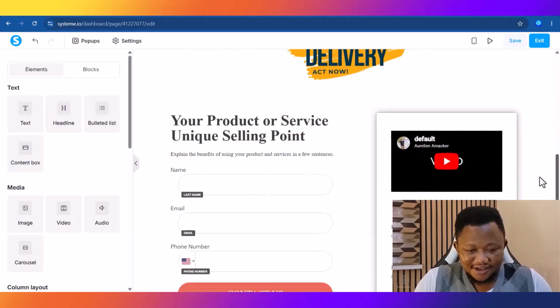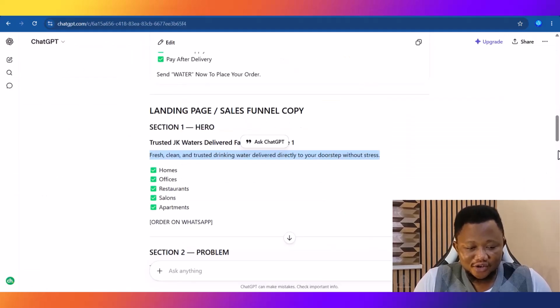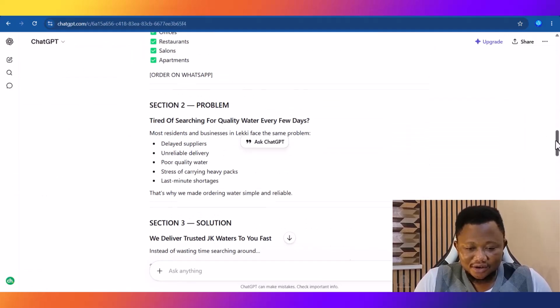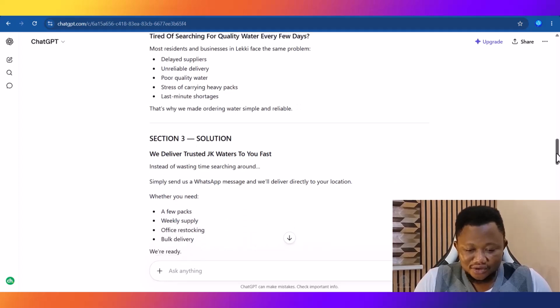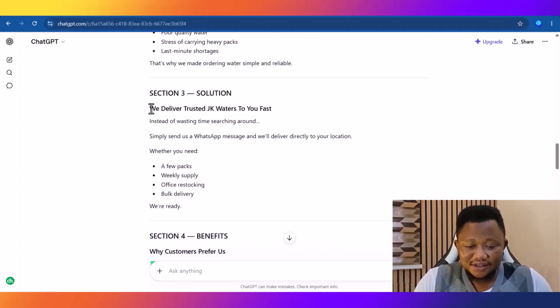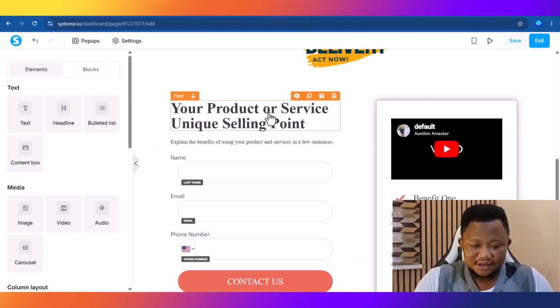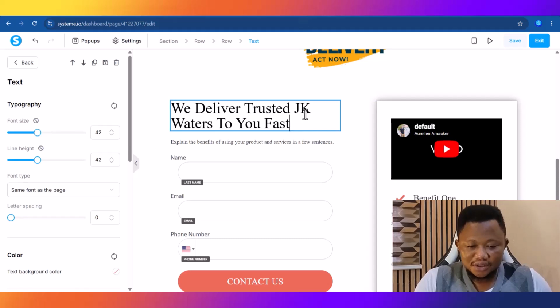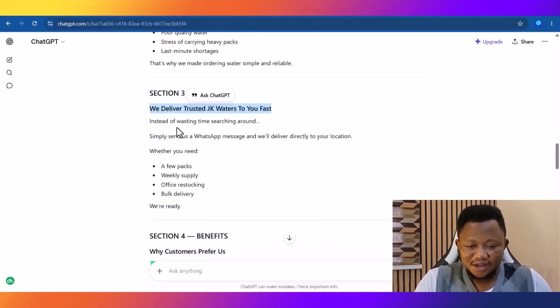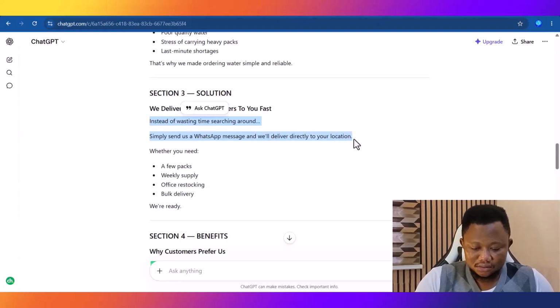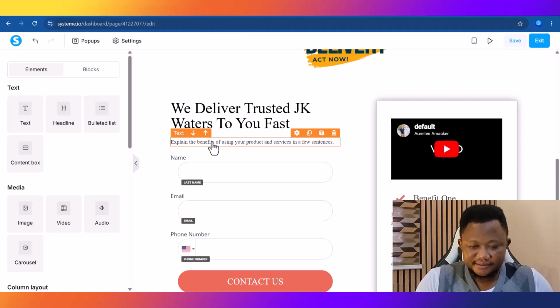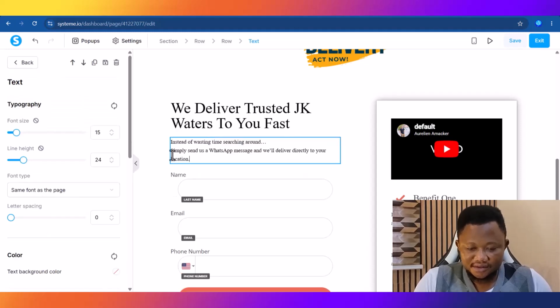this way. Now this is where we go to the second one, which says tired of or we deliver quality water. Any one at all that you feel you want to use, it's not a must that you copy everything that ChatGPT gives you. So if you want to copy everything, nice. So you can just do it that we deliver trusted waters. There are some products that you don't even need to talk too much. So this way,